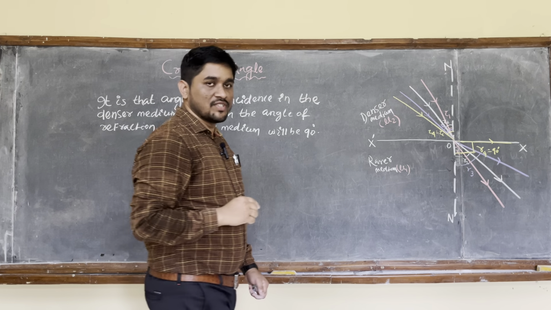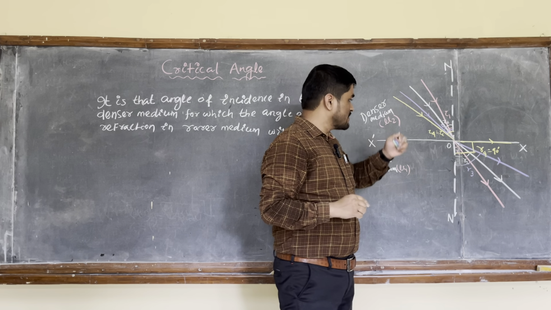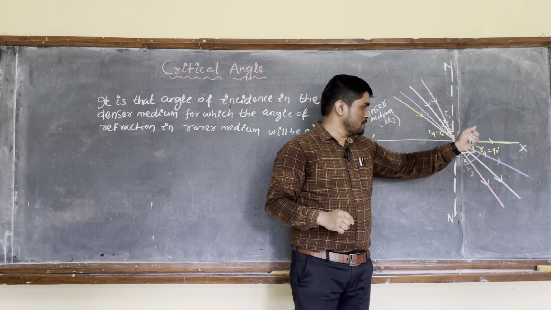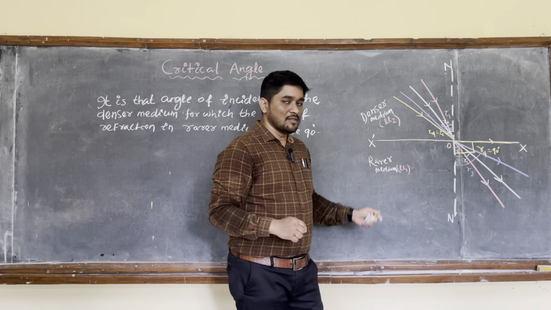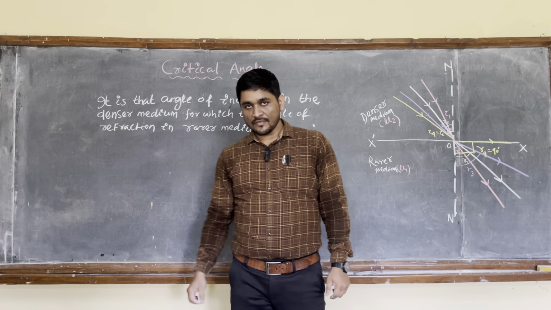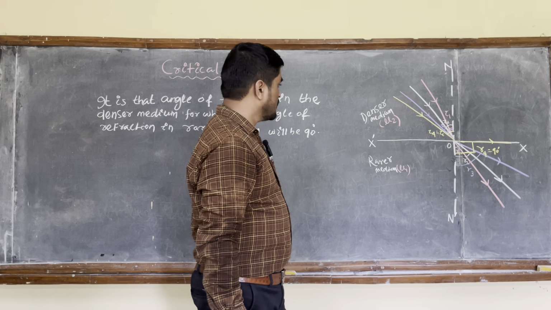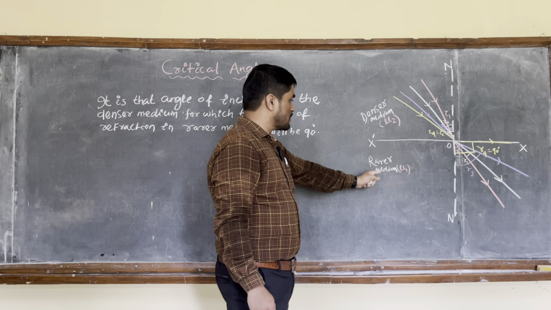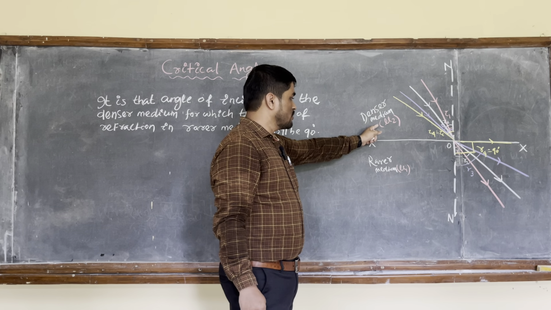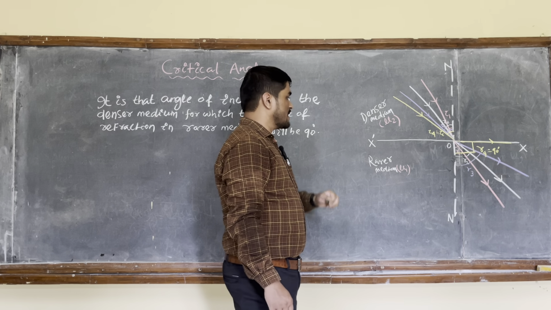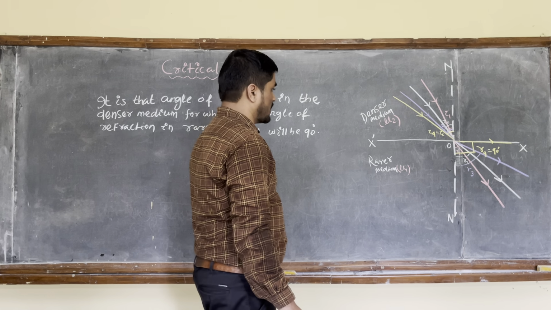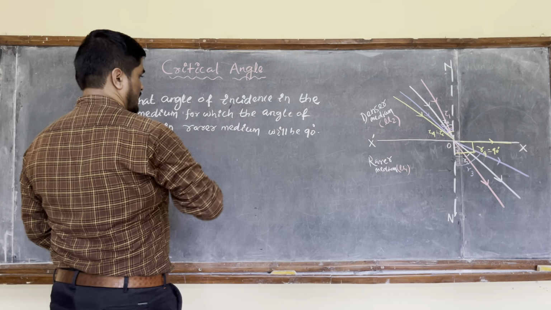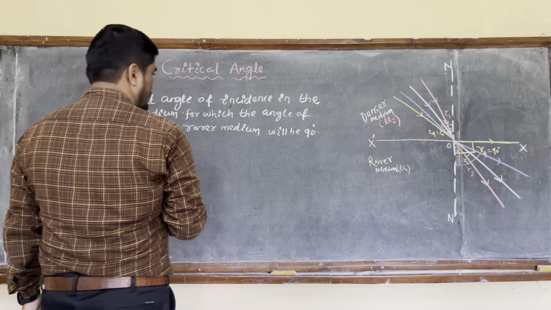It is that angle of incidence in the denser medium for which the angle of refraction in the rarer medium will be 90 degrees. And you can see the angle of incidence depends upon the nature of the two media. That means it will depend upon the refractive index of the two media in contact. So if you apply Snell's law here, you can write